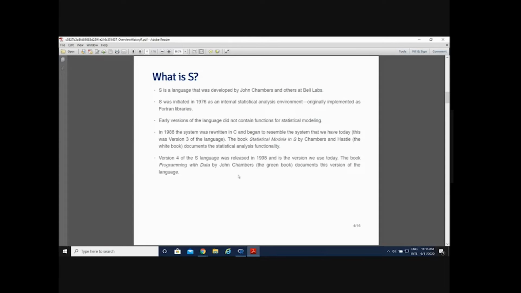Now, coming to this R, this was developed by John Chambers and others at Bell Labs, and this was initiated in 1976. And to be frank, R is a pure statistical software. Maybe you would have heard of something like SPSS. That is another powerful statistical software that is available, but it is a bit commercial. But with R, they made it a statistical programming language, but made it open source. Since they made it open source, it took over very well,